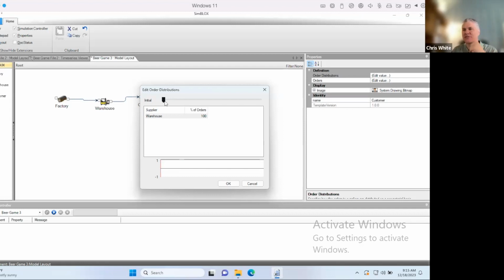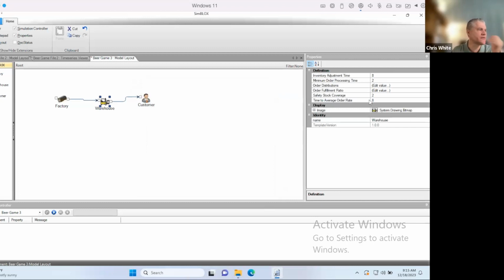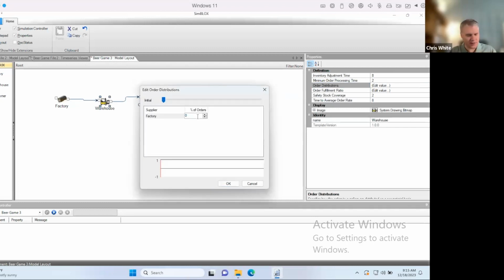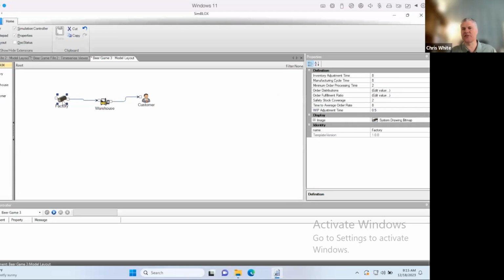So this is as basic as you can get right now. I'm going to leave all default variables the same just for the heck of it. And here I would go in and say that the warehouse needs 100% of its orders from the factory. And the simulation knows that the factory is the end of the chain, so it's not getting from anybody. There is behind it some little raw material thing just to make it work, because it's the end of the chain and it's got to get something. And so that's your basic model. Let me switch from that. We could play around and show results.